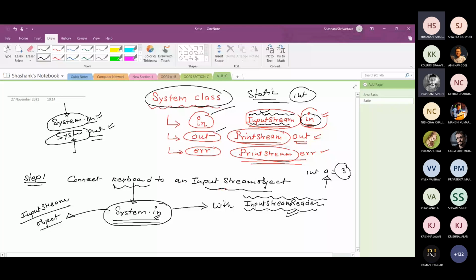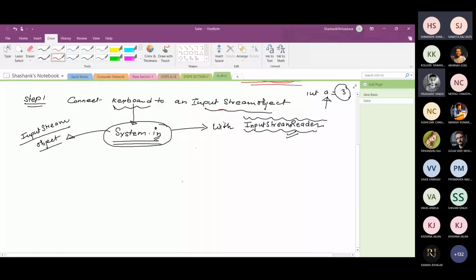How is input stream reader connected with system.in? Just see here. InputStreamReader object reference equal to new InputStreamReader.